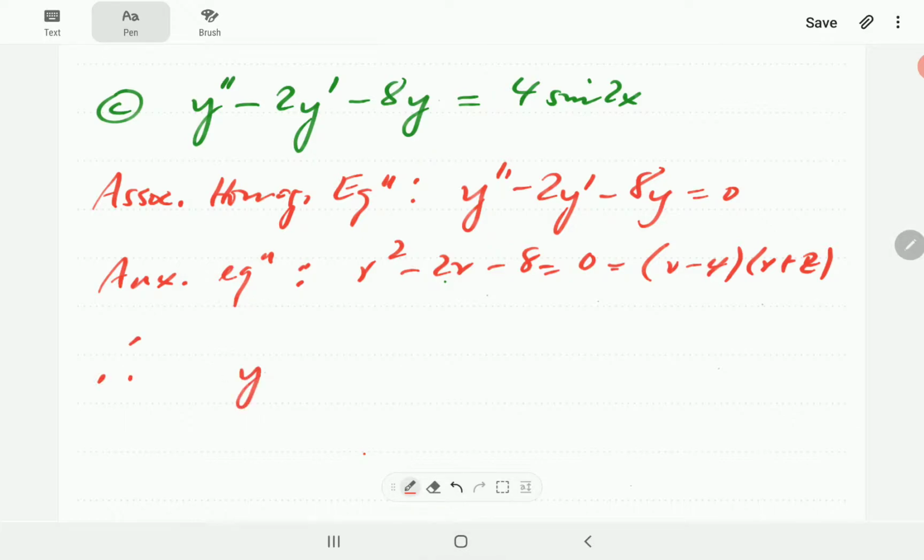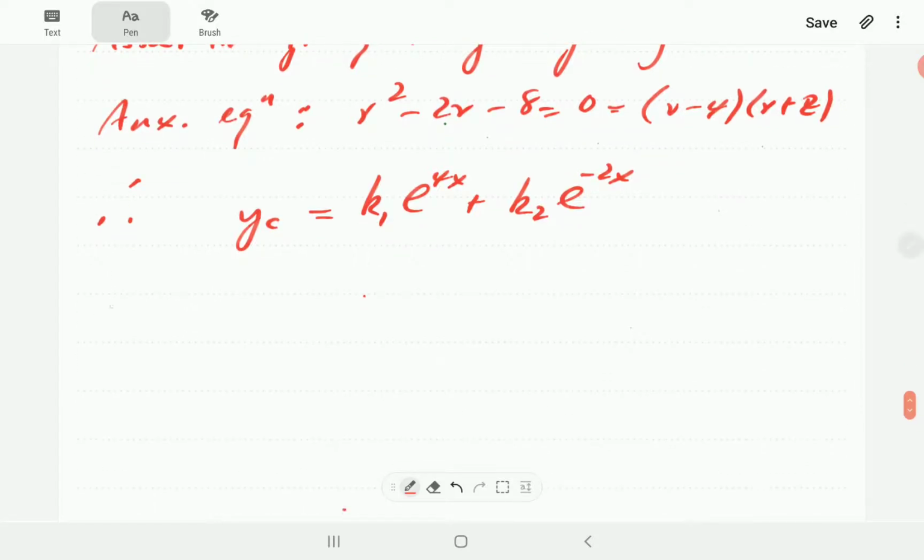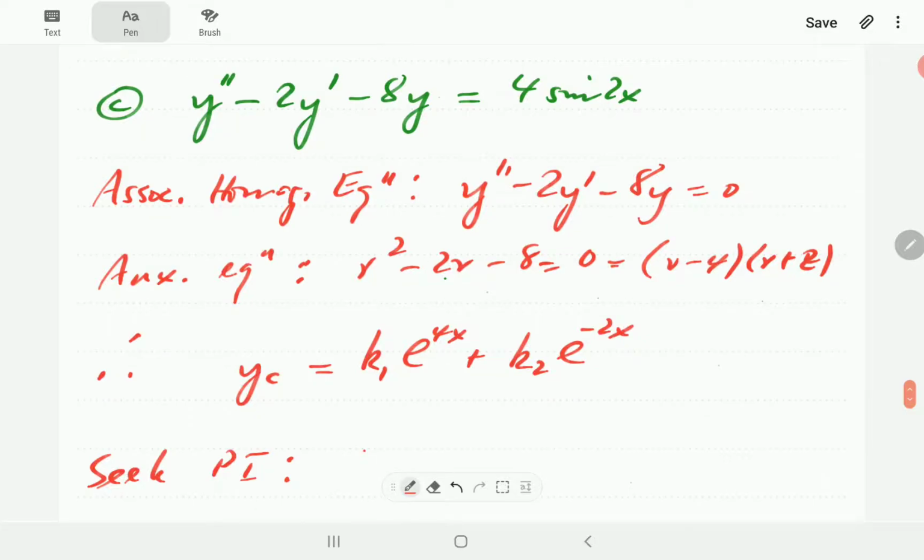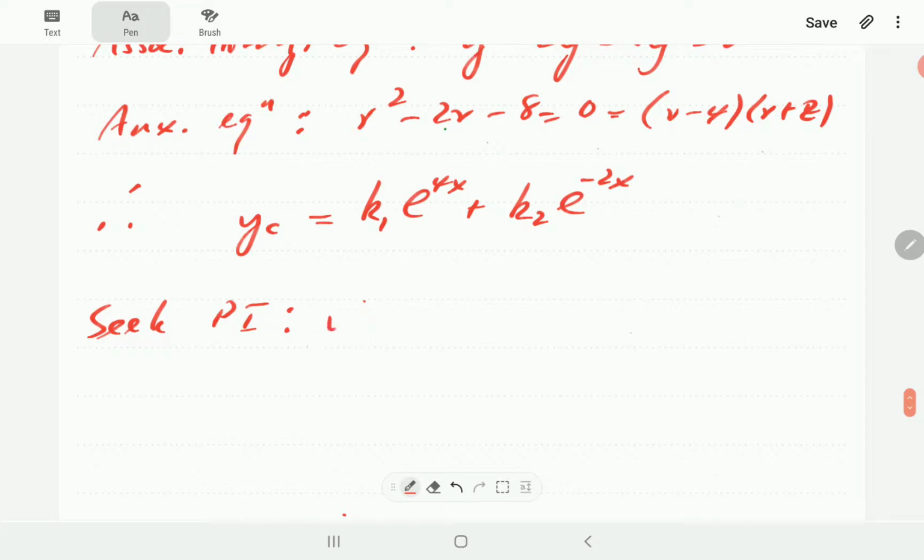So the complementary solution is going to be k1 e to the 4x plus k2 e to the minus 2x. Then for the particular solution, the right hand side is 4 sine of 2x. So what we're going to do